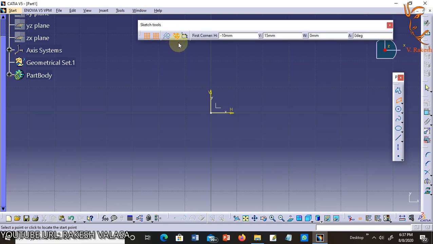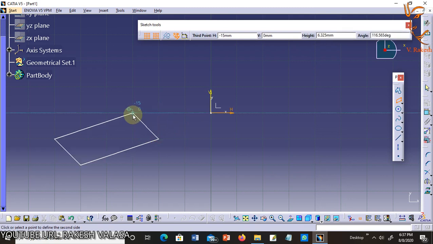The sketch tools toolbar is expanded. You are prompted to specify the start point of the parallelogram. Click in the geometry area to specify its first corner. You are then prompted to specify the end point of its first side.